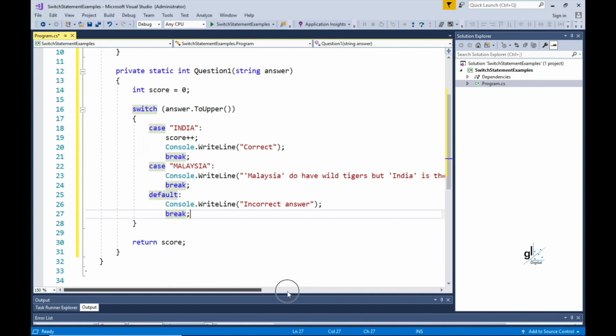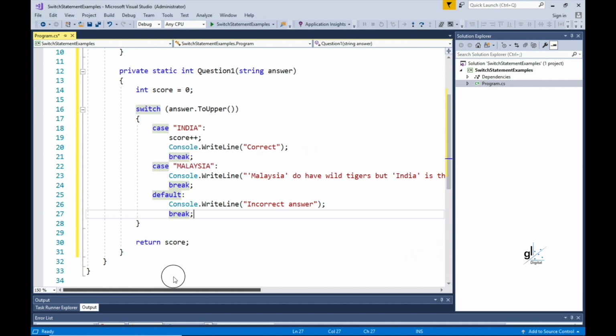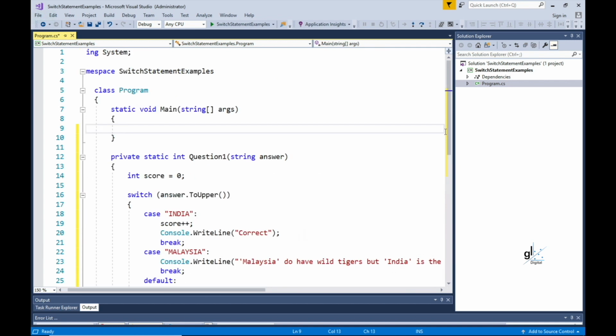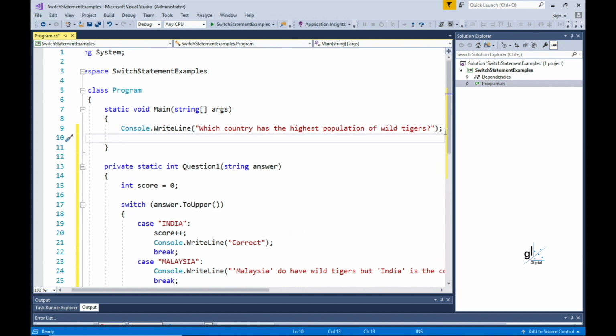So now that we have implemented code for our question 1 method, let's implement the code for our application within the main method, which is the entry point of our application. So let's first prompt the user for an answer to the quiz question, what country has the highest population of wild tigers? We then use the Console.ReadLine method to retrieve the user's input and assign it to a string variable,